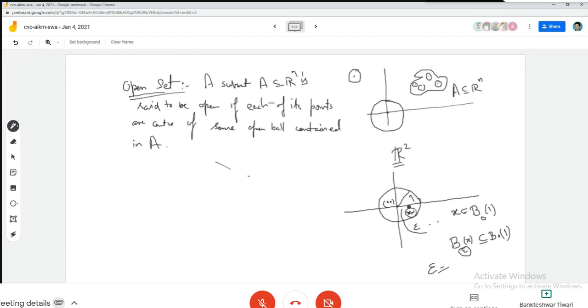लेकिन क्या रेडियस होगा वो आपको बताना पड़ेगा। तो जब भी इस तरह से चीजें पूछी जाएं कि हाँ साहब दिखाइए ओपन सेट है, तो आपको एक रेडियस दिखाना पड़ेगा कि each of its point is center of some open ball contained in the set. ठीक है, तो यहाँ पे हम एप्सिलॉन कितना छोटा ले लें तो हमारा काम बन जाएगा। ये हमारा जो छोटा सा ओपन बॉल है इस बड़े बॉल के अंदर ही होना चाहिए, हालांकि इस बड़े बॉल में भी बाउंड्री नहीं है।